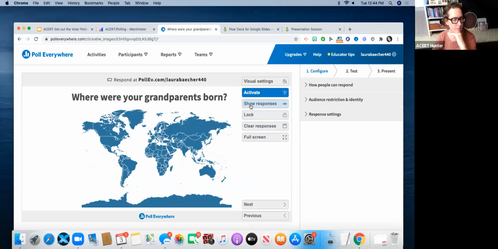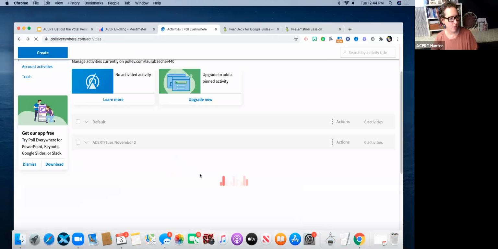So beautiful. So this is really the same function as the faces. It's dropping a pin, but it's kind of neat that you can place your pin along, let's say, a set of images or even like a map. So this is wonderful. Let me go back and do the last one here in Poll Everywhere,